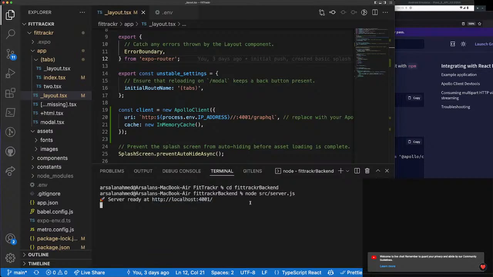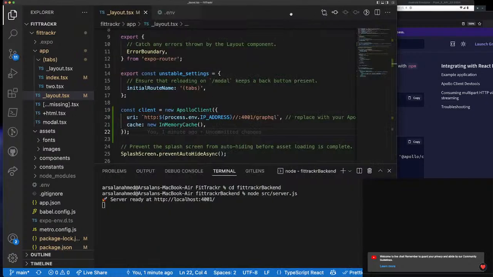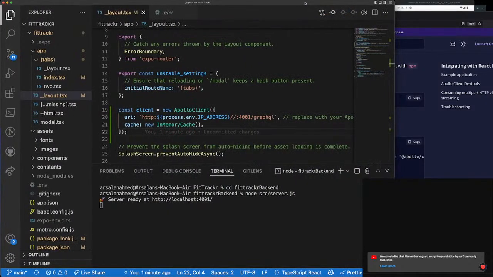We can't find localhost. Oh, okay, you know what? I think I realized what the issue is. Okay, yeah. Yep. I'm gonna just put it in ChatGPT and give us the easiest solution for this. So